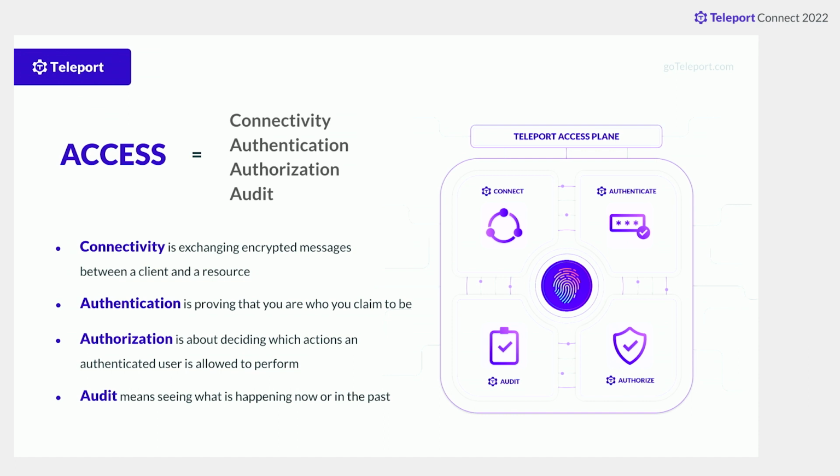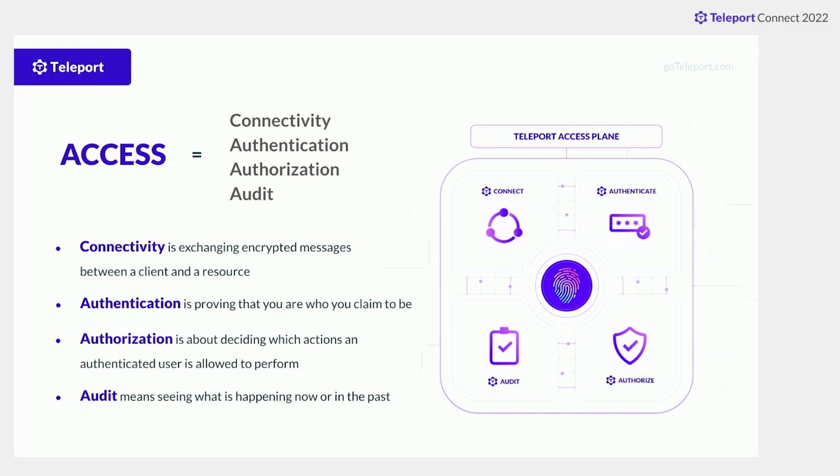And the third component is authorization. So what are the things you're allowed to do? Are you getting full access or read-only access? Those are very common types of authorization. And finally, what's happening right now? The real-time visibility of what is going on, as well as historical evidence, what happened and who's responsible. So that's audit. That's the fourth pillar of access.